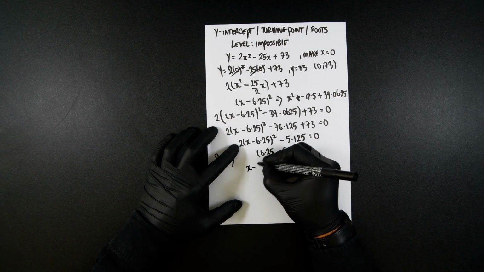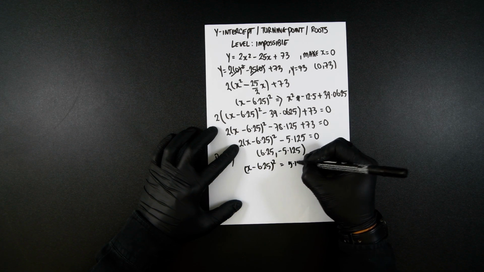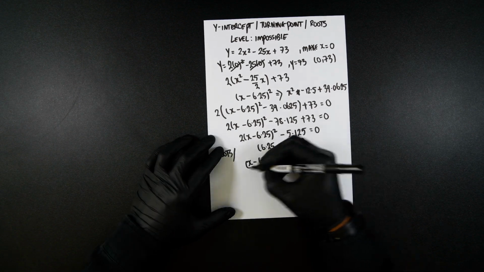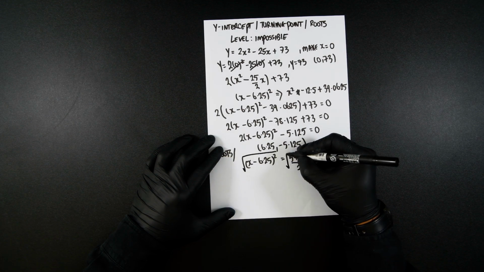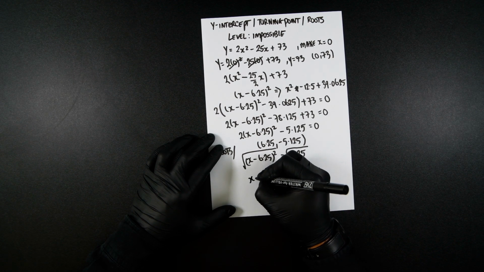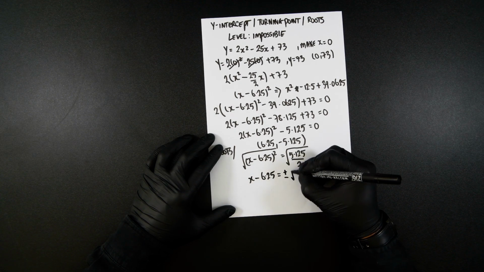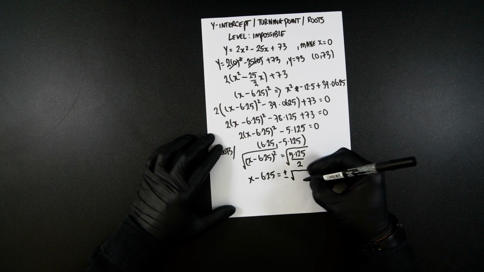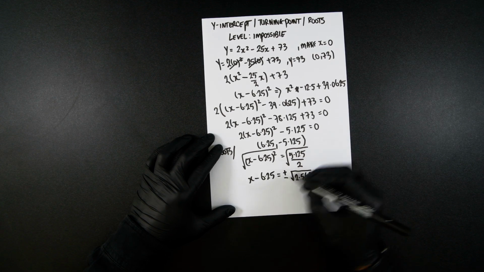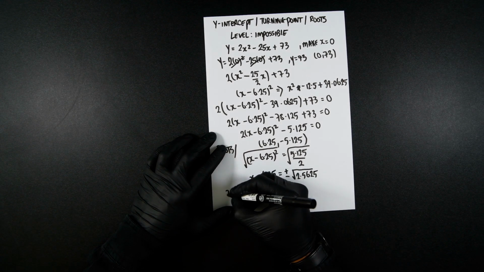So you're going to get x minus 6.25 all squared, which equals 5.125 divided by 2. We can now square root both sides. So you're going to now get x minus 6.25, which would equal plus or minus the root of 5.125 divided by 2, which is 2.5625. We can now add the 6.25 to the right hand side, so you're then going to get x equals